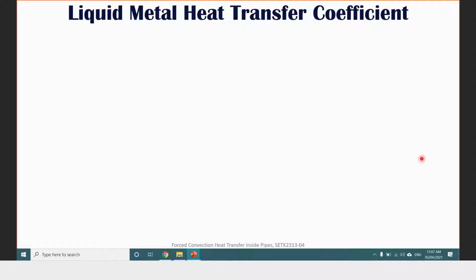Okay, so in this case, in the industry we sometimes use liquid metal because we want a range of temperature. For these conditions, it is actually beneficial to use liquid metal. But then, like we have talked about before,